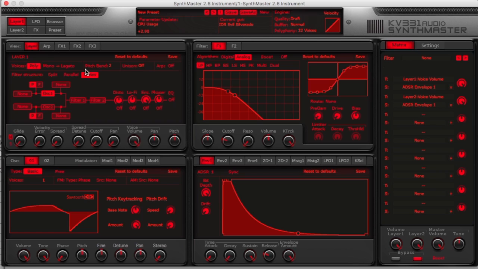Other things to consider here, we've got how this layer works, whether the layer is polyphonic, monophonic, or legato. We're not going to get onto the legato today because that involves envelope retriggering. We can determine the pitch bend range of our layer and how many unison voices it employs, which won't sound too different at the moment because in this bottom panel, we have things like unison detune,